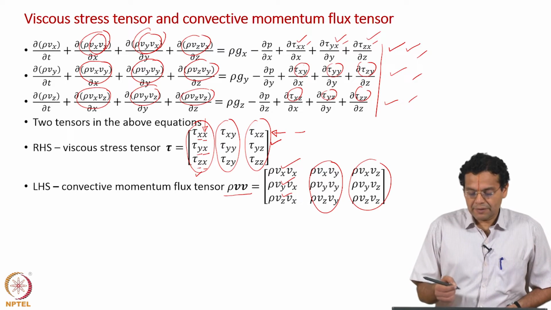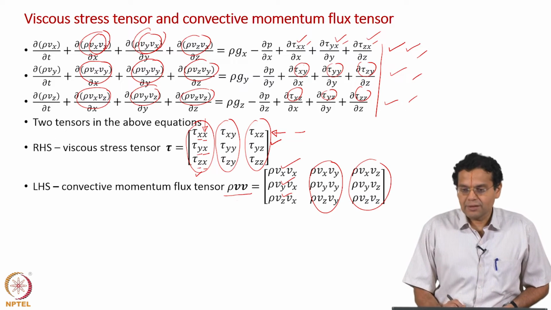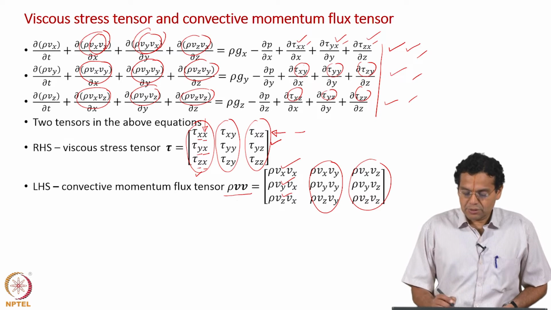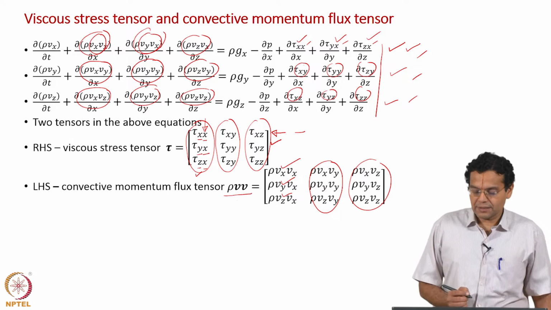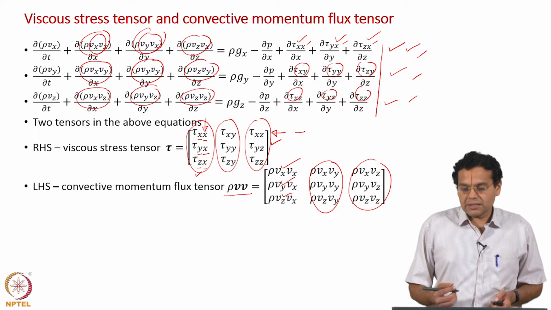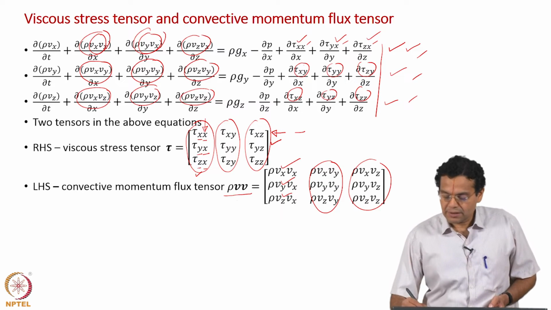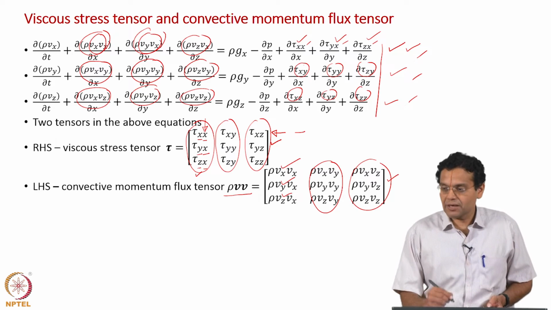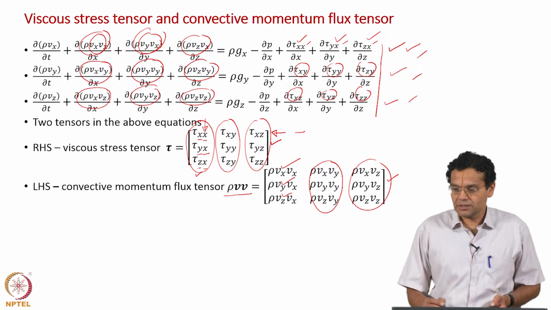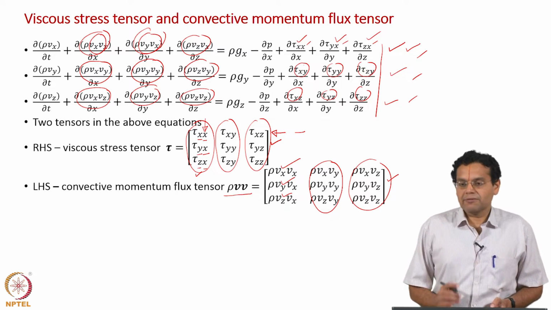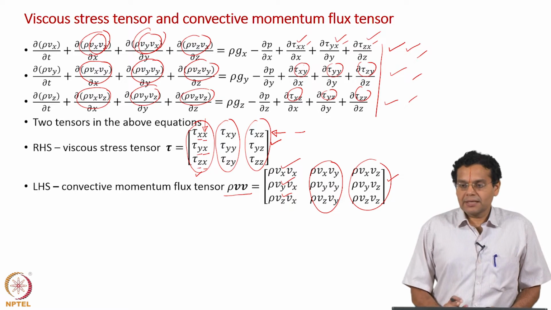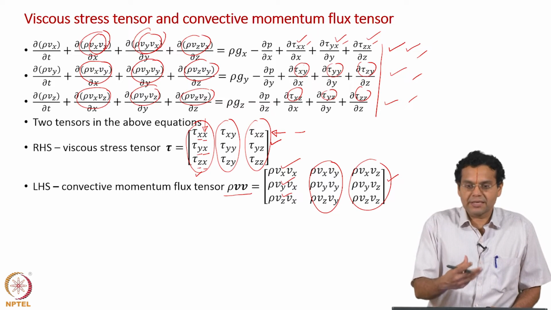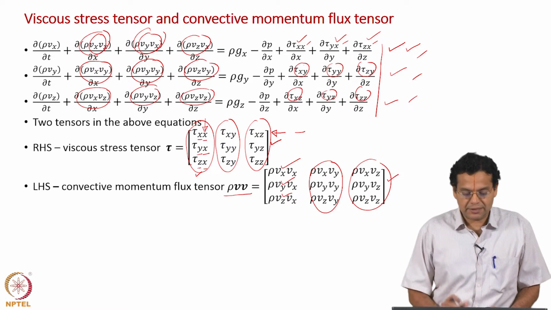We are having 2 vectors side by side, formally called a dyad. So, that forms the convective momentum flux tensor. We will not discuss the dyad more formally here, but we will discuss the physical significance of these 9 components of the convective momentum flux tensor. But first question is why convective? That is very clear, all these terms are coming from the convective components on the left hand side of the linear momentum balance.